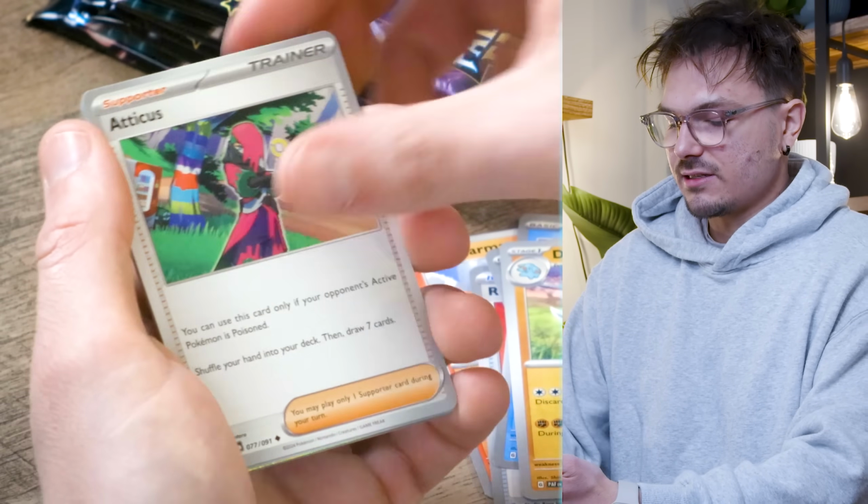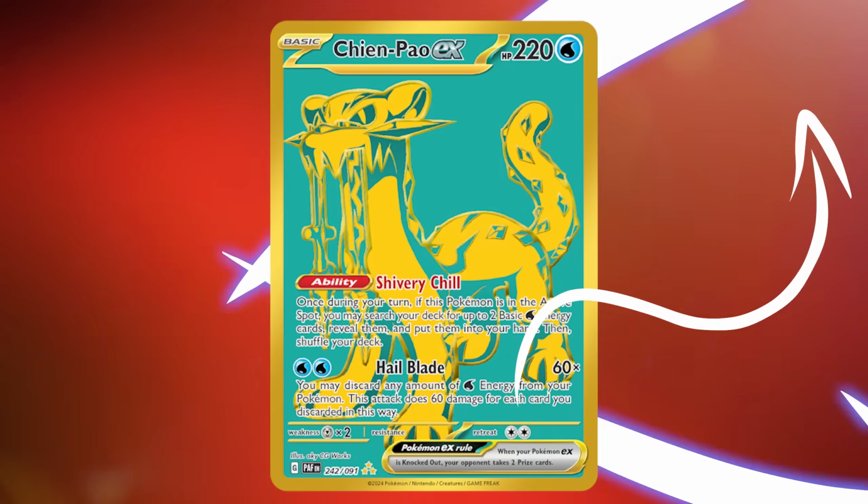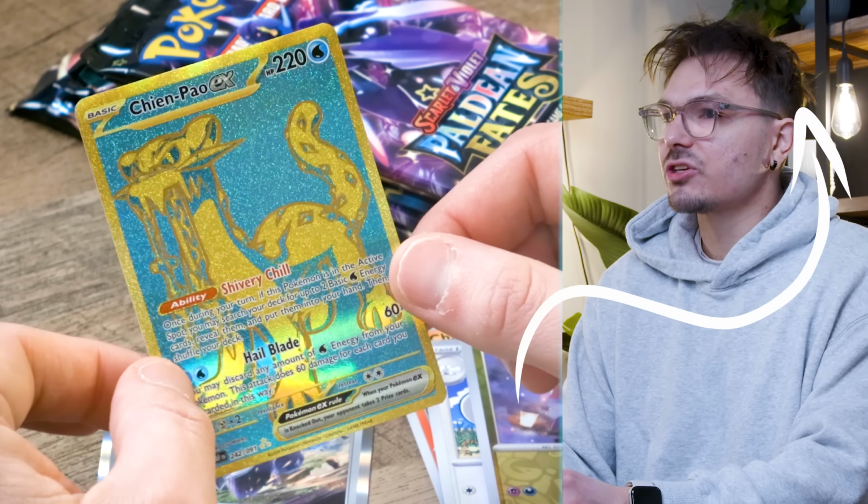I recently opened a Paldean Fates ETB, which you can see here, and honestly, it's the kind of set which just delivers far beyond its means. The chance to hit a shiny card or a double hit in the packs is quite high, along with the fact that it's actually stacked with some pretty reasonably priced smaller cards. While the main chase cards are quite expensive, some of these lower shiny and baby shiny Pokemon really add up